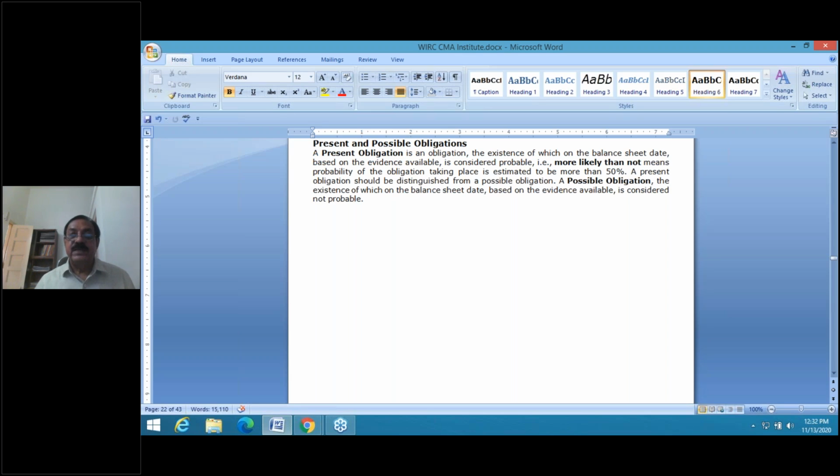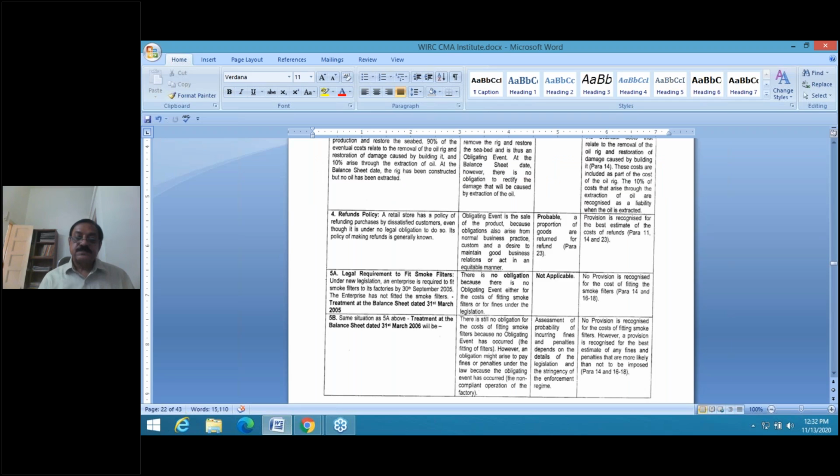But suppose he has applied for liquidation, and under the liquidation proceeding, it is likely that he will not be able to repay any amount of this loan out of his assets. Then obviously as a guarantor, I will have to pay. So though the order has not come, looking at this liquidation application, it seems I will have to pay the full amount of the loan. So my chances are more than 50%. So I will have to make a provision for this guarantee in my books, debiting loss and crediting liability. So that is what it is.